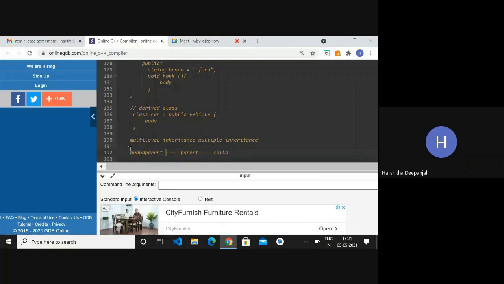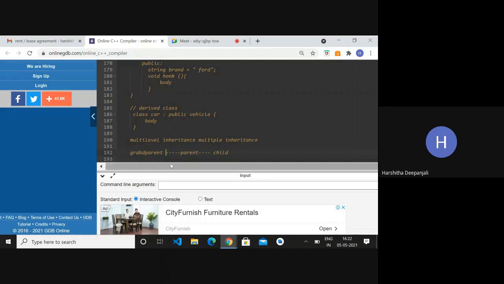Okay, you can also have your great grandparents according to the need of the program. But here it happens step by step. Nothing jumps from grandparent to child directly. So if you have a great grandparent, it passes to the grandparent first and later to the parent and later to the child. This is the sequence you follow in